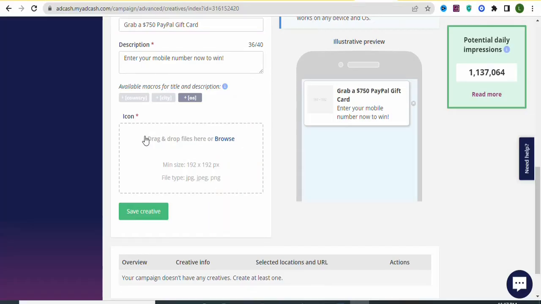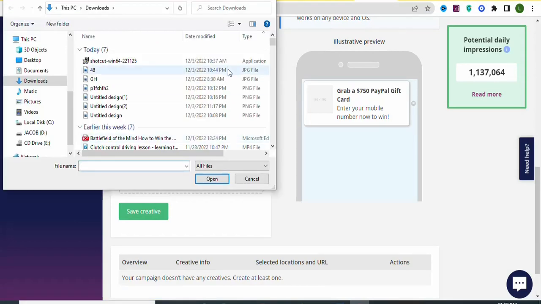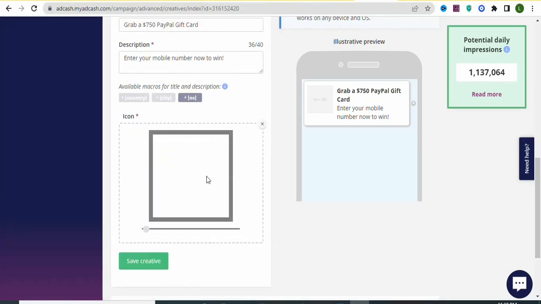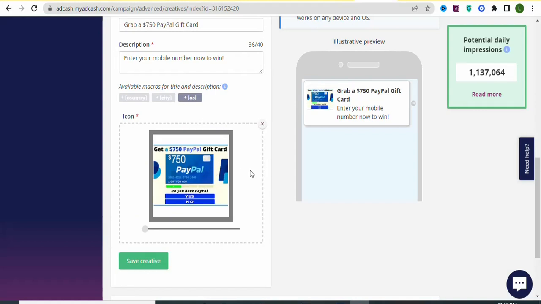Once that is done, you are going to come back on your ad and then click right here, browse, so that you can select the image. Once you click on browse, you are going to select your image, so just select the image that you downloaded, click on open, and it's going to be uploaded right here. As you can see, this is the image. You can see this is the preview of your ad. This is what your potential visitors are going to see before they click through to take the action for you